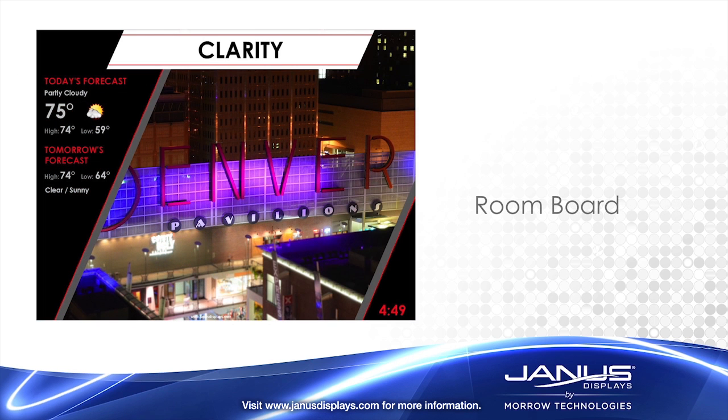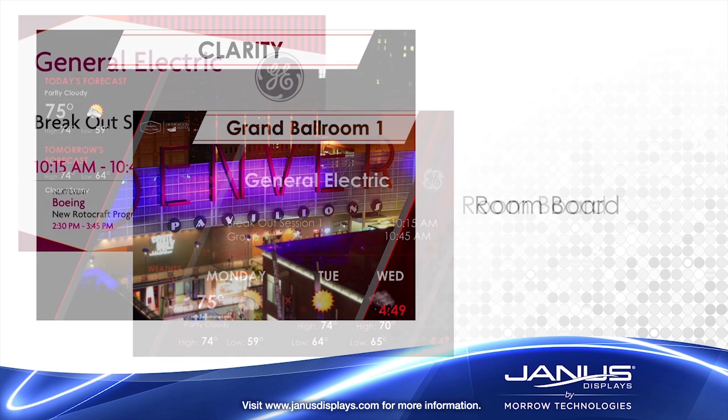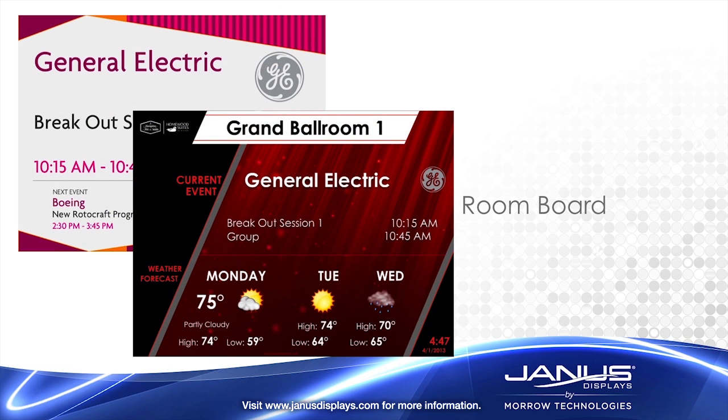We next have our first example of the displays that would be located outside of individual meeting rooms. So these are what we call our room boards, and can be various sizes, traditionally 15-inch, 17-inch, 19-inch size displays. But the intent with these meeting room displays is to show what is happening inside of any one room at any given time. So again, going back to the interface that you would have with your Delphi system, your Daylight,